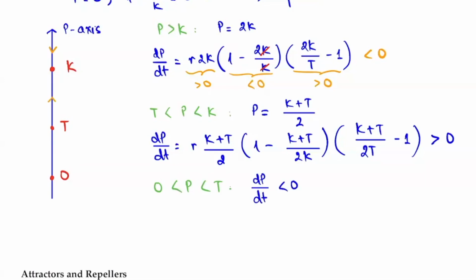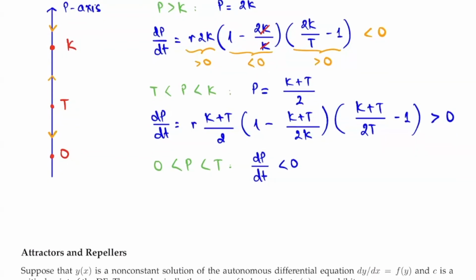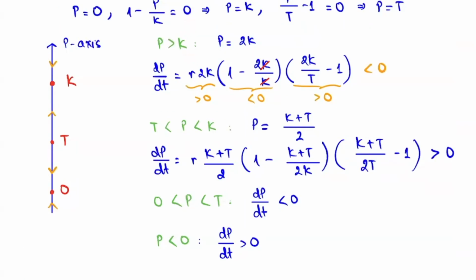So indicate that this is the arrow. And then in the case of p less than 0, we're going to have dP/dt positive, indicating that the arrow is pointing up. Again, in the context of population, you don't consider a negative value, but it's there for you to consider if you want to, theoretically. All right, so if you incorporate the time axis in this analysis as well, you can draw out the solution curve